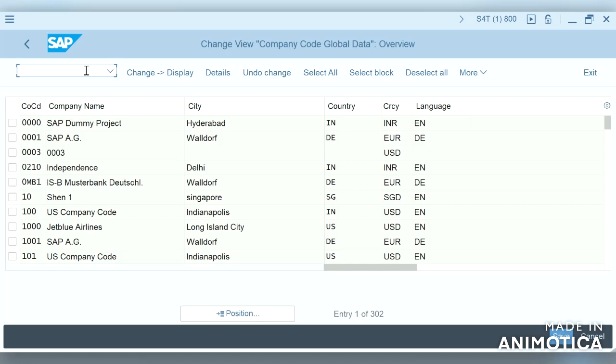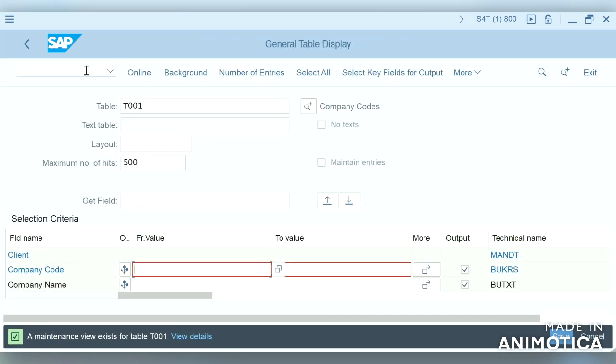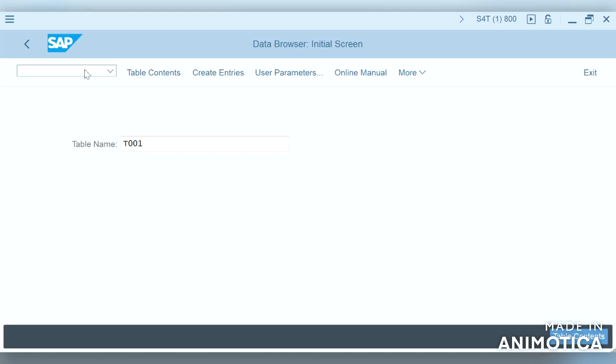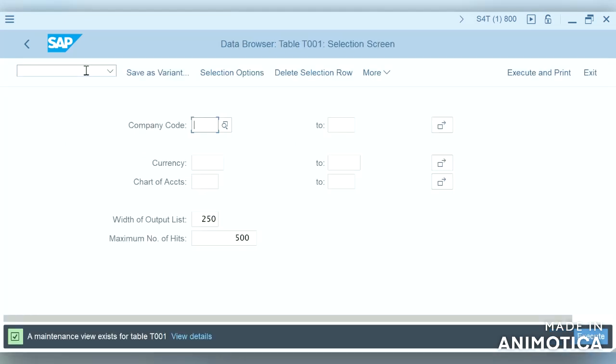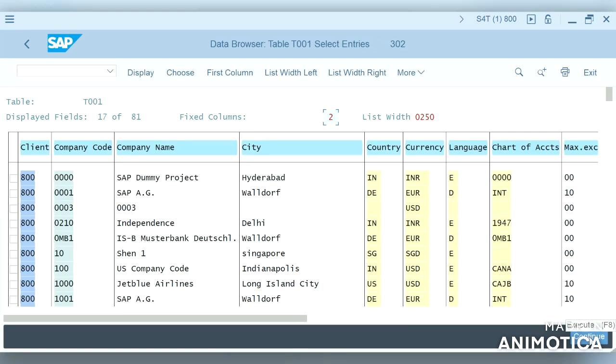And if we don't want to check in the transaction codes, we can check at table level in table T001. Let me try to execute it with the maximum number of hits. We can see there are 302 company codes listed in the table. These are the different ways we can check the company codes.